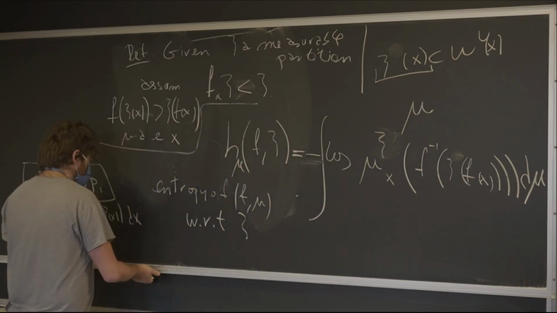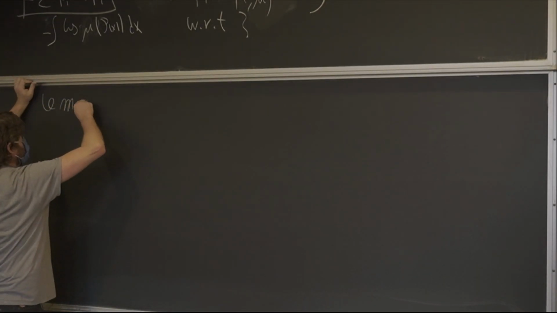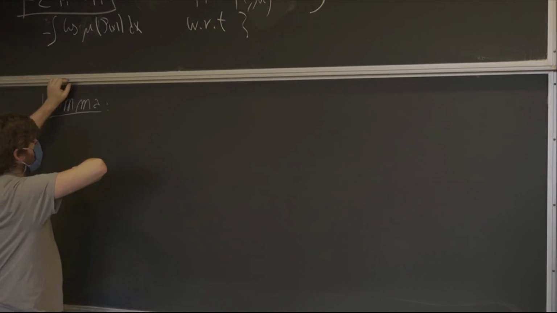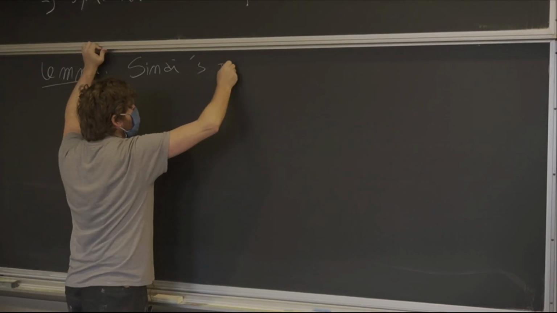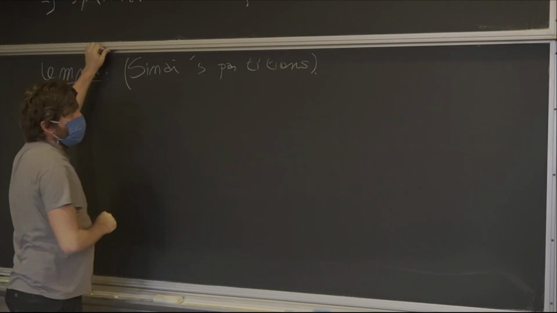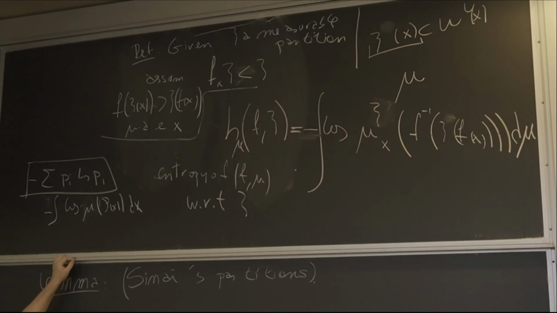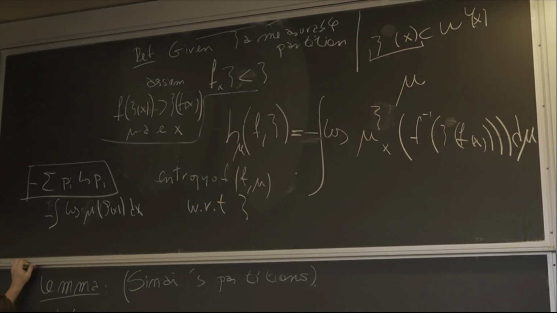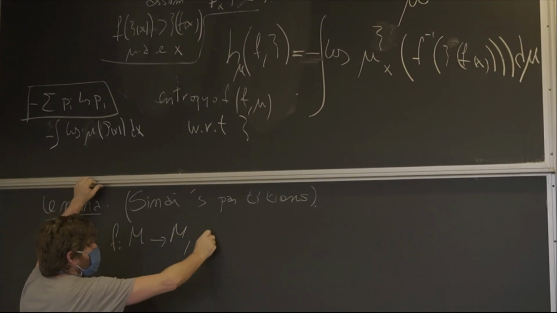And let me put the first lemma, which is actually a theorem, but in the paper I think it is a lemma, which is Sinai's partition. Okay, so what does it tell you? It tells you that whenever you have an unstable manifold, you have a nice partition psi u subordinated to the unstable manifold. So it says the following: let f from M to M preserve